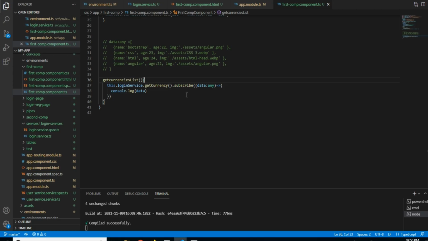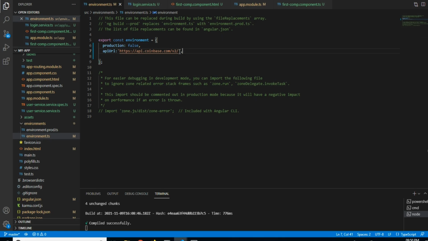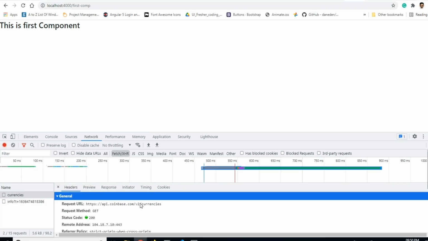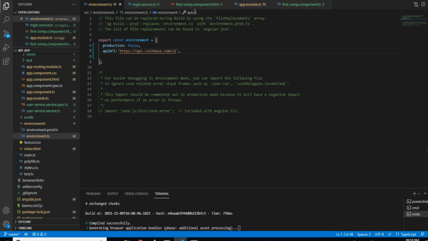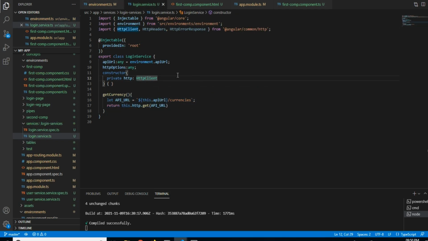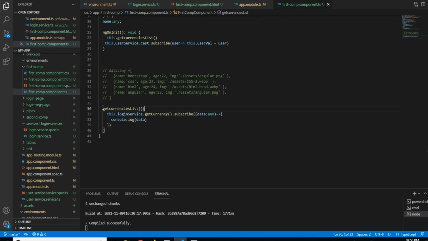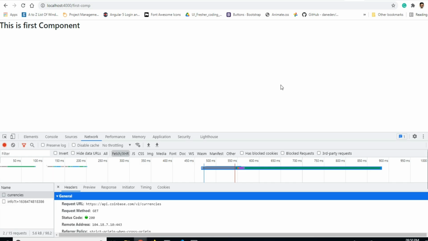Okay, so here I got an environment.ts file, and I will remove this and save it, to see whether it will work or not. Yes, I think there is an error, an extra slash here. So this is the front part, and this is the service which I am using, and I am calling this service from first component.ts. I will show the error handling methods also here itself. Okay, so let's get started with the video.